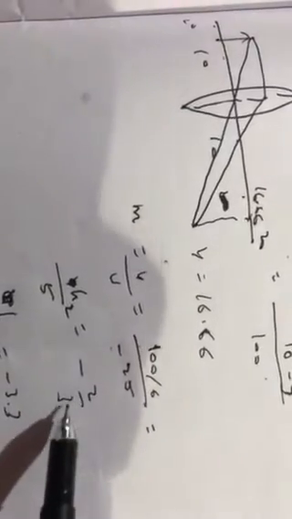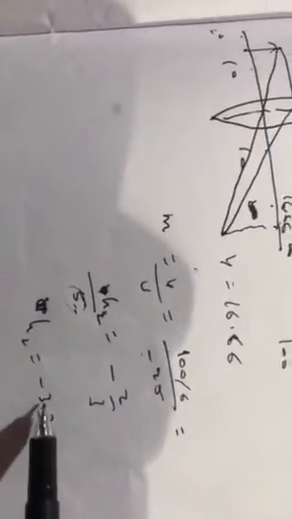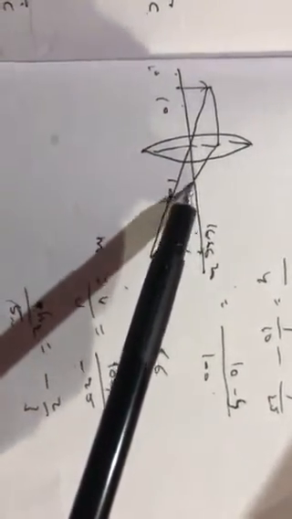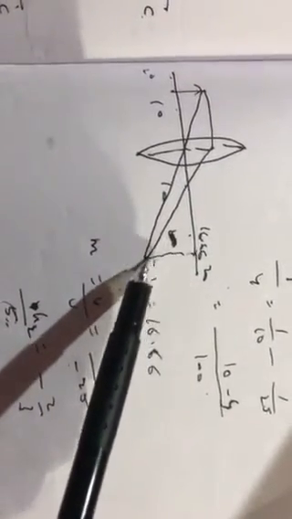Please be careful with the signs. So magnification is minus 2 by 3. So height of image divided by height of object, they have already given 5. So height of image is minus 3.33. What does this result actually mean? So this is the object. So the ray parallel to principal axis passes through the focus. The ray through optical center goes straight through. They both meet over here. This is the point 16.66, the image distance.